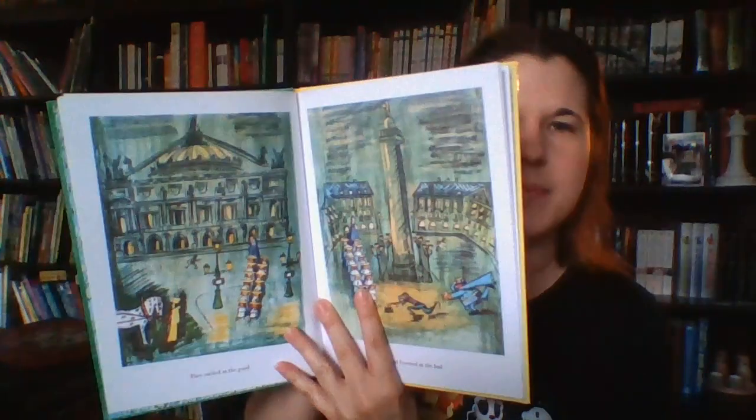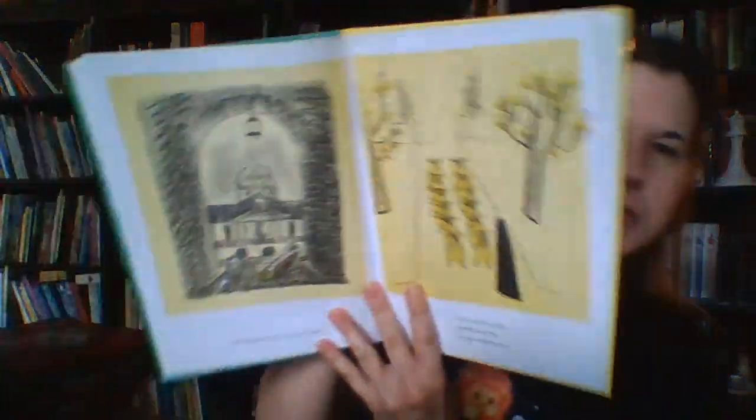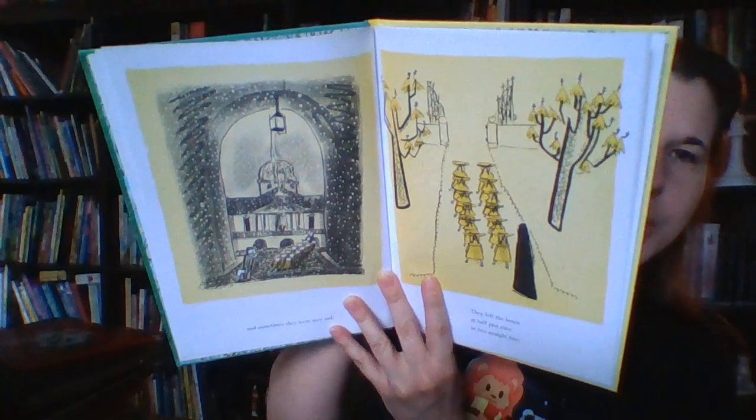Artistically, it's monochromatic, meaning it's black and white and yellow. Yellow is the only color. I lied. Most of the pictures are monochromatic, but there are some that have some color in them. Still a very limited color palette. I remember mostly just yellow, because most of the pictures look like this with just yellow, but there are a few spreads that have some green and blue in there. But anyway, what's interesting about this book is that